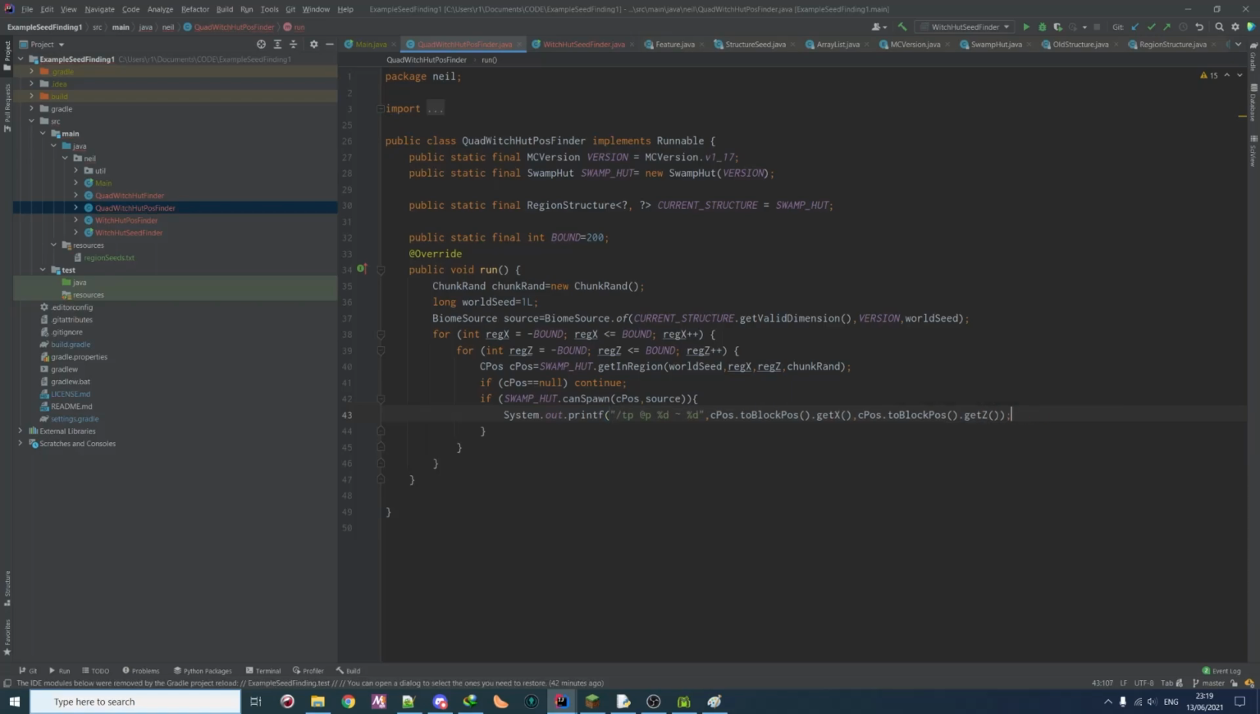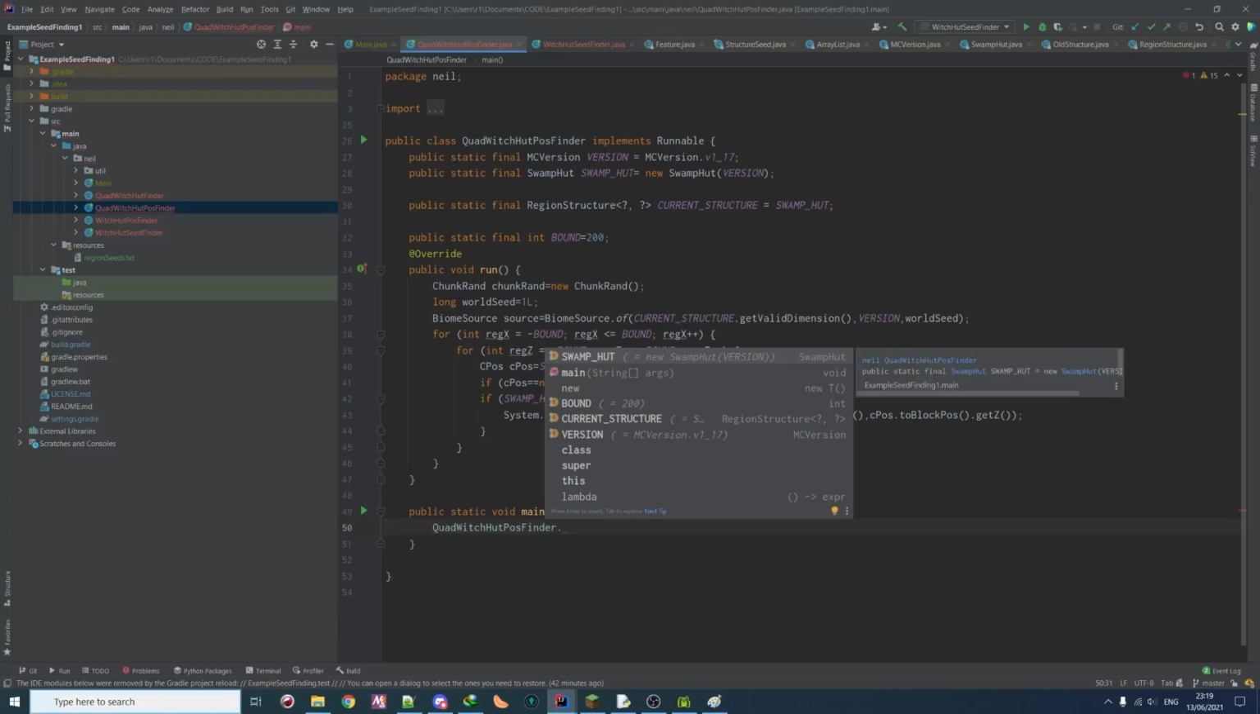Okay, and of course we want to add a new line. It's easy to forget that part. And now we can find, on all that structure seed, all the positions of a swamp. So if I create a main method and I call my quad widget pathfinder dot new,